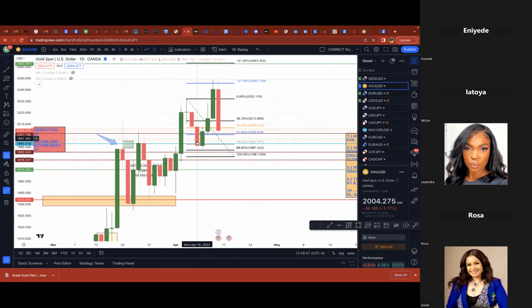Okay, so I'm on the daily, right? So I marked my fib only on the daily. If this candle right here was not green, if it was another red candle, then I would have to move my fib down to the wick of wherever that candle came. Say it came down here, I would just adjust it a little bit. So anyway, the green candle here was our first impulse up. Okay, great. Now we're looking at it.